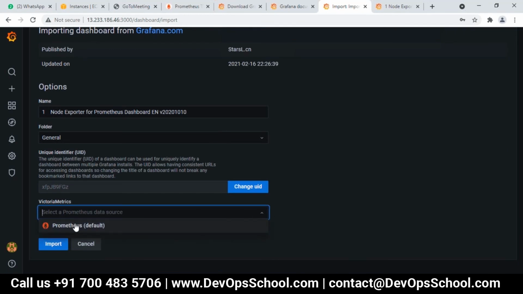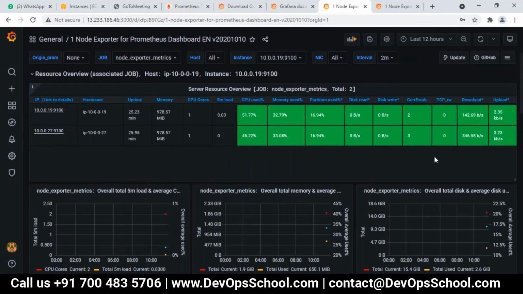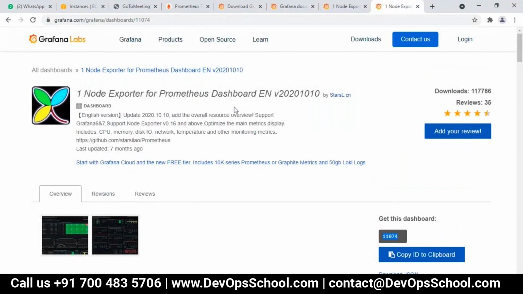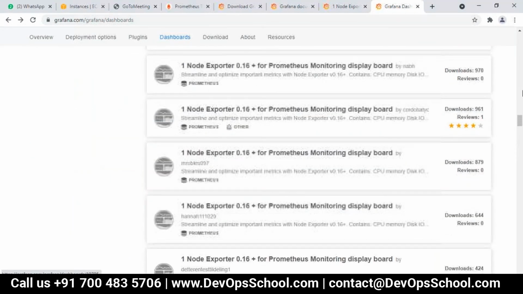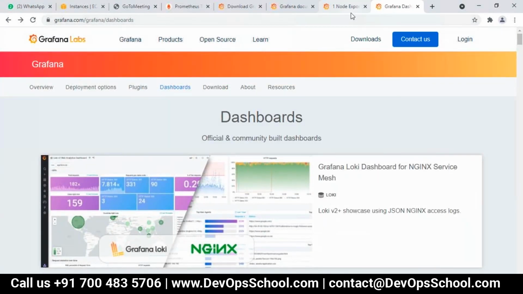What is our data source? Prometheus. Now it is reflecting here, right? Import. Can you see? What it did was fetch the dashboard. This is the default dashboard which we used. In the same way, there are n number of dashboards which you can use from the official documentation as per your requirement.